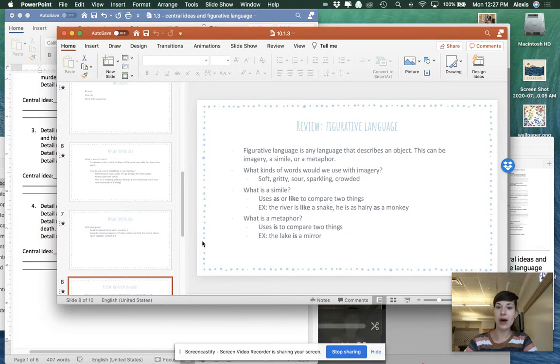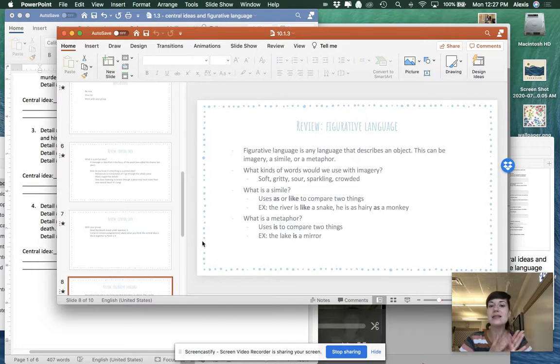All right, so now let's talk about figurative language. I want to remind you, figurative language includes imagery, similes, and metaphor. So a quick rundown of each of those. Imagery is when we're describing something. So, the sunlight shone brightly, her hair was golden and curly, and whatever else that might look like. Her skin was the color of a coffee bean. Whatever it is that's describing the thing that you're seeing. Okay. And it could be as simple as the wallpaper was blue and white.